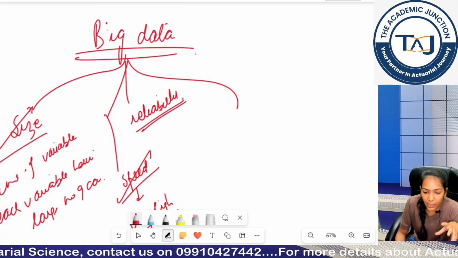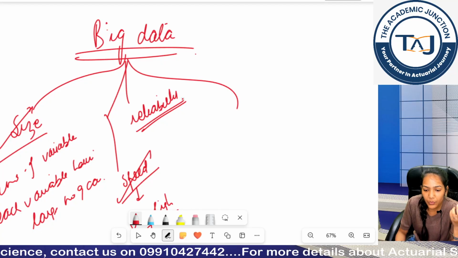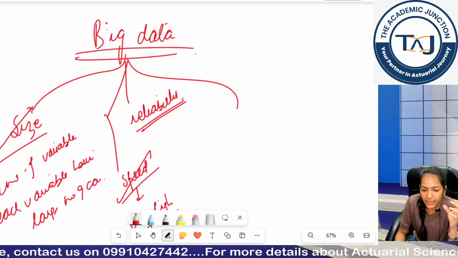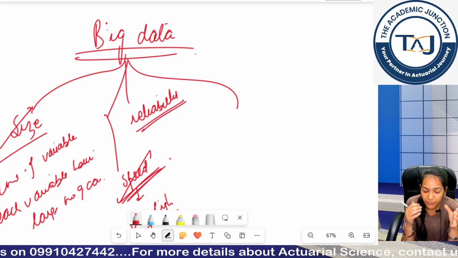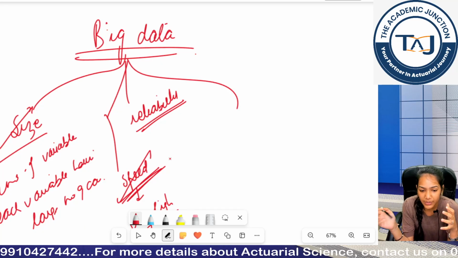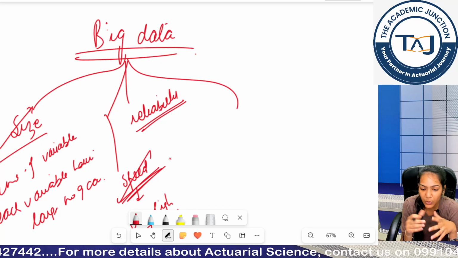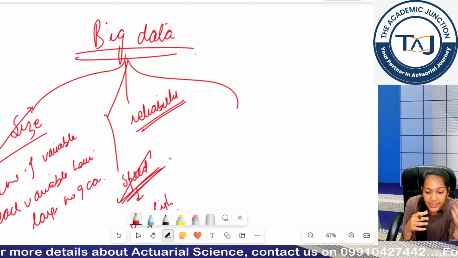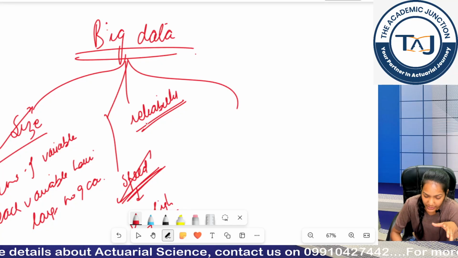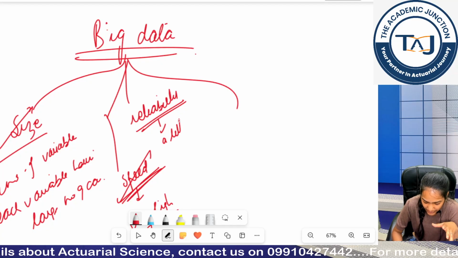The reliability of big data, for example, I give you the example of power failure. There can be a power failure while extracting a large variety of information. Some information can get missed due to high speed. Some of the information may get missed, some of the information may get mistyped. Okay, so that is why reliability is a little less